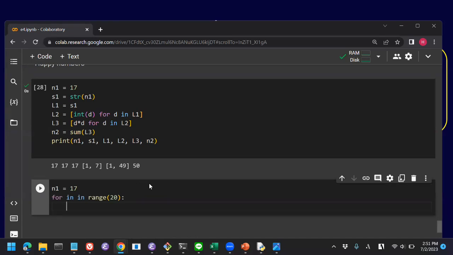So maybe, how about L1 is string of N1, then L3 is D squared for D in, I see, int,